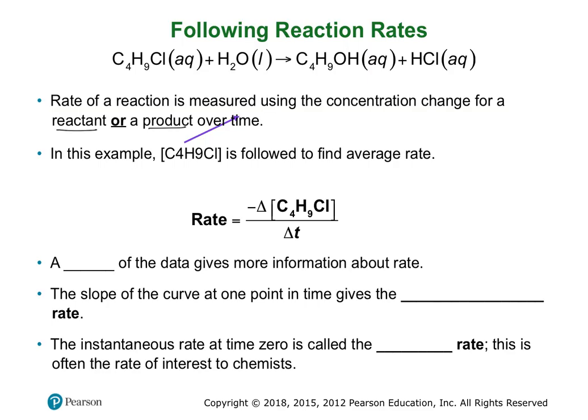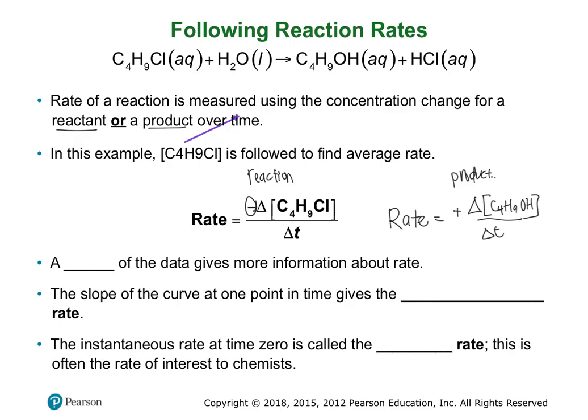So if we use a reactant, then we're going to say that it's the disappearance. So we're going to have a negative out front. If we're talking about a product, we're going to have a positive out front. So if I was measuring the rate using one of the products here, let's say the alcohol version, as a positive change in the concentration of either HCl or C4H9OH over the change in time. So reactants are negative out front and products are positive out front, and that's because we always have our rate